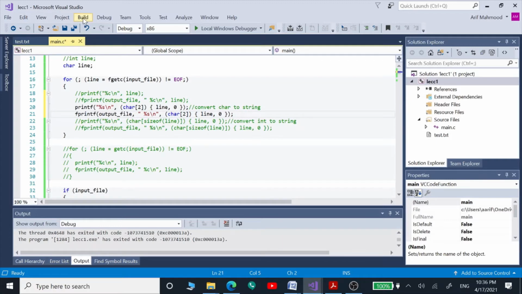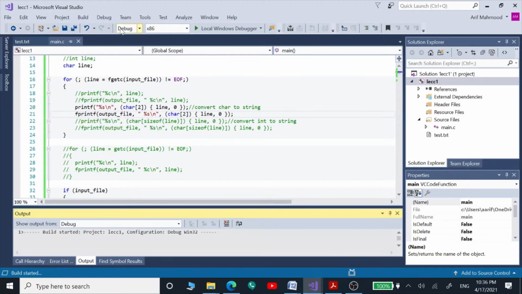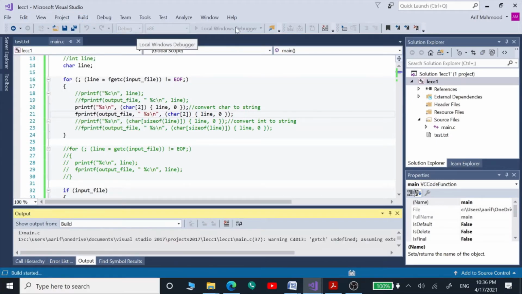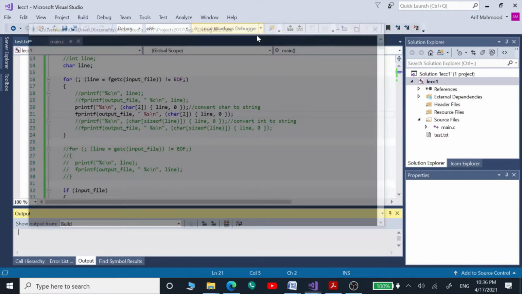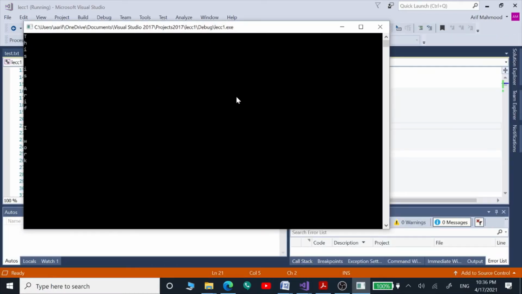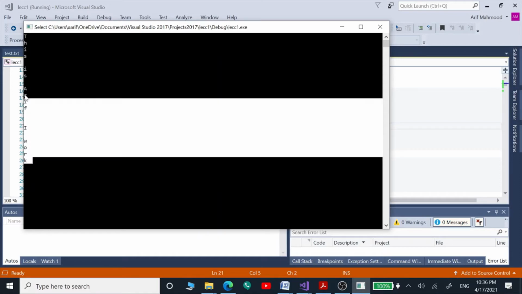So let's build and run this program, and we can see those converted strings onto the console window.